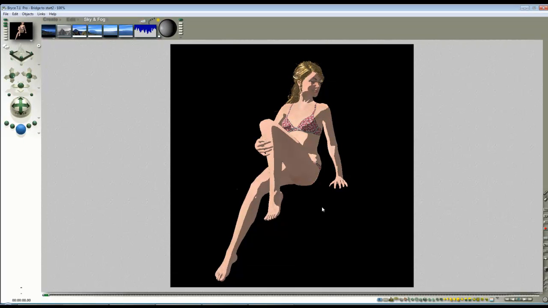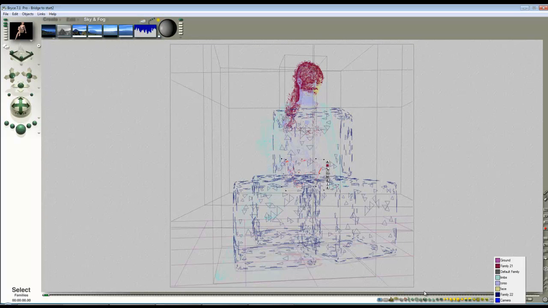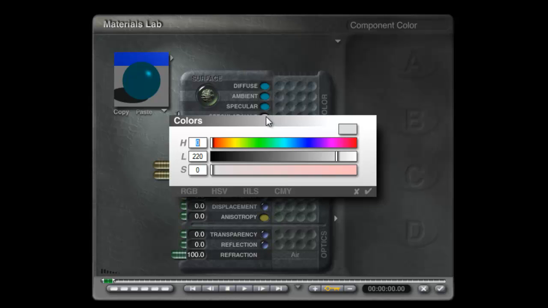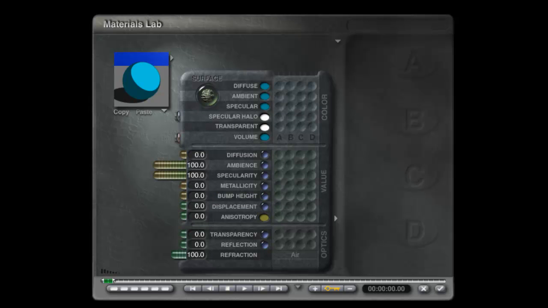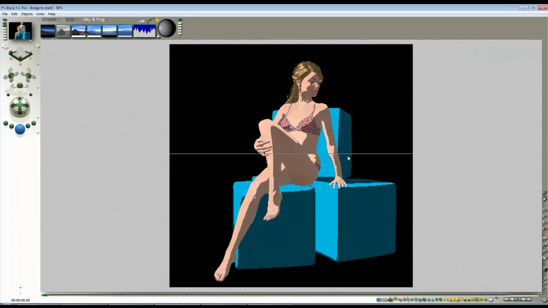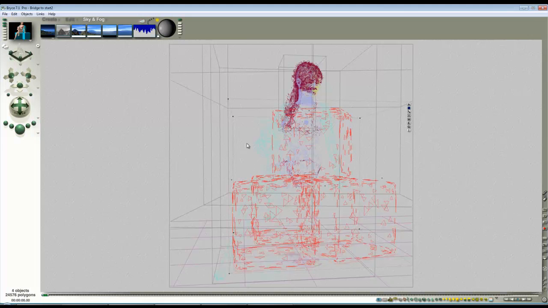So there's just now the blocks that she sat on to sort out, and the things in the background. Select the blocks, material lab, specular and ambient the same, get rid of diffuse, turn up ambient, turn up specular, give the specular halo its full value, which gives us that sharp edge, and we'll just have a look how that looks. So that's put the blocks in, and then for the background, what I've found is if I select cube